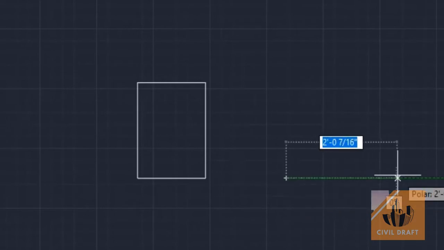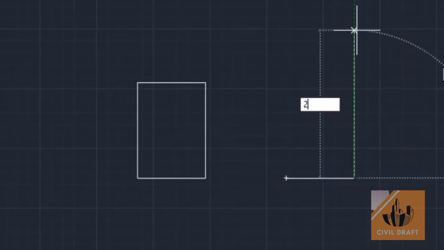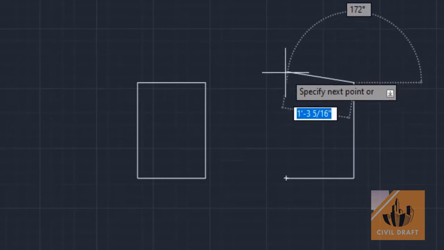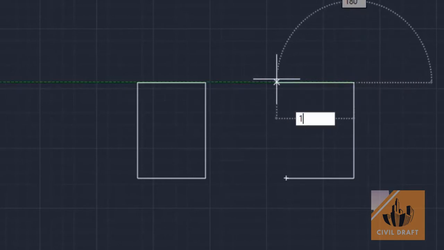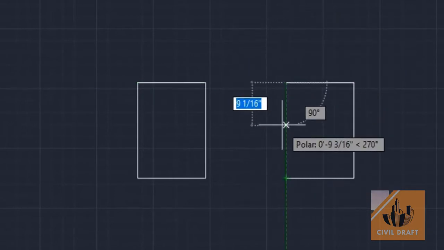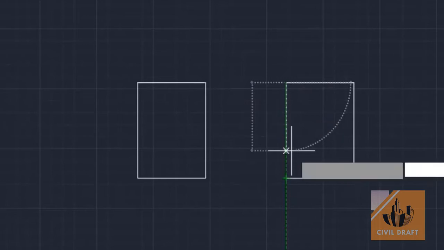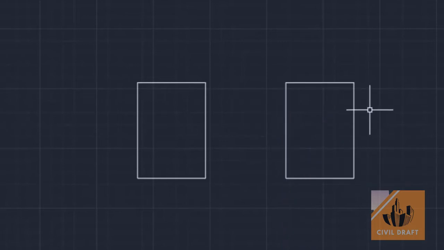Specify the first point. Next point I'll mention here distance 15 inch, enter. Upward direction is 20, enter. This direction 15, enter. You just have to show the direction where you want to draw the line. And for this again I simply do C, enter, and your figure gets closed.